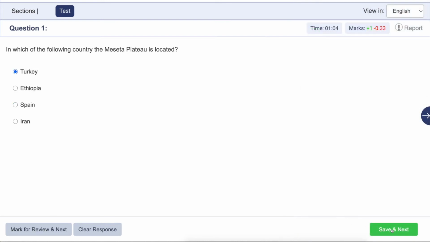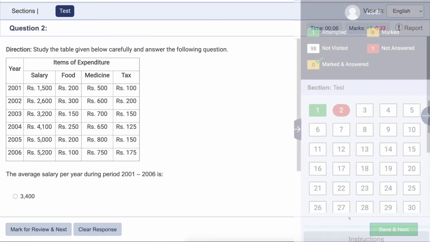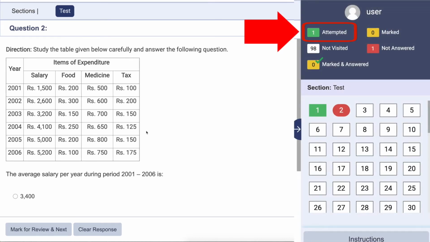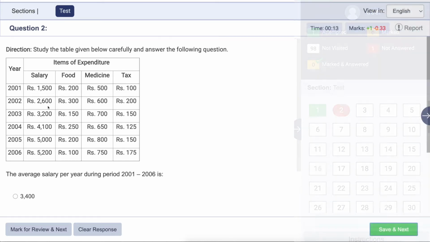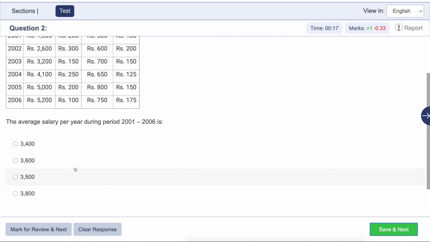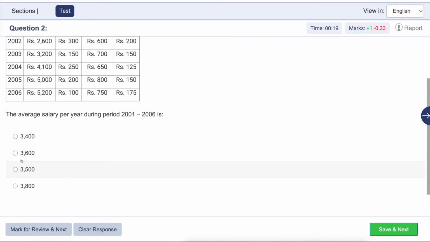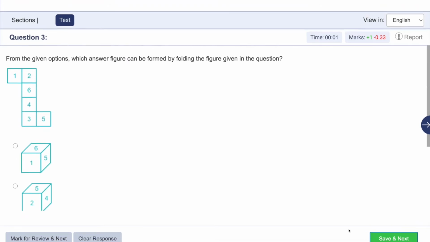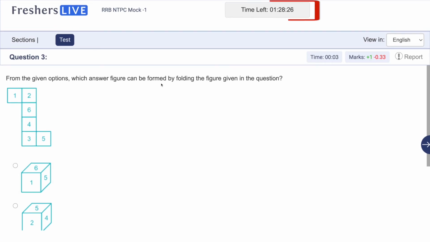Click Save and Next to confirm the answer. You can check the time left while attending the test.